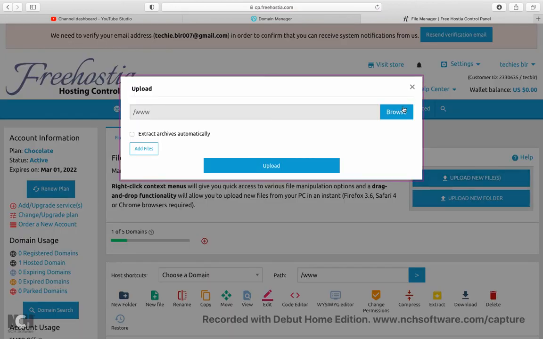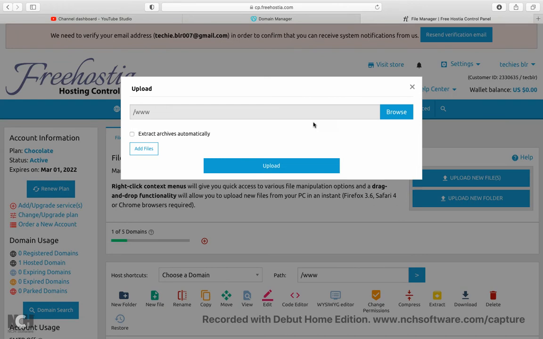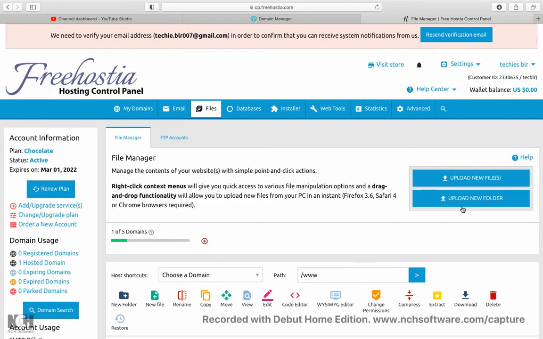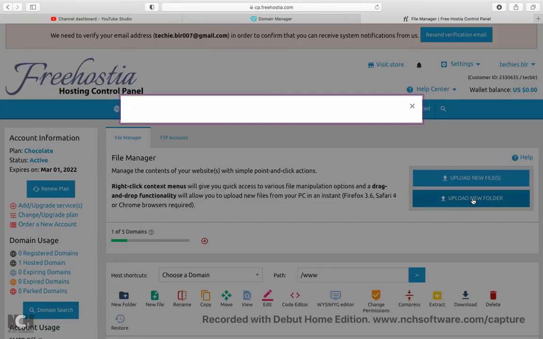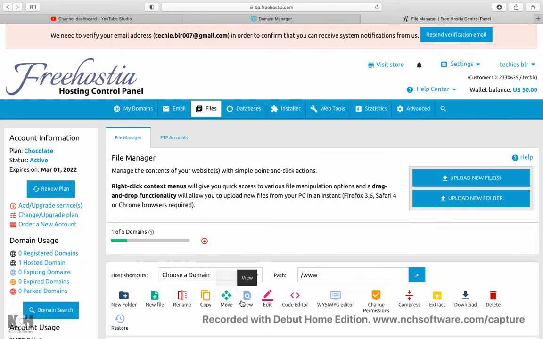Suppose you have them on the system, you can upload all those HTML files from the system itself, or you can upload from online. Give the website address, and you can upload all the HTML files. You can drag and drop, or fetch a new folder from the system, or add a particular folder also. Otherwise, how do I write a code? I have many options here. There is something called the code editor window.